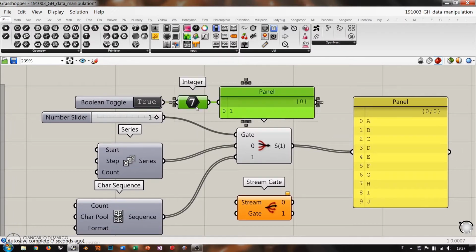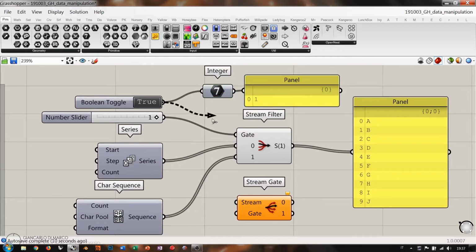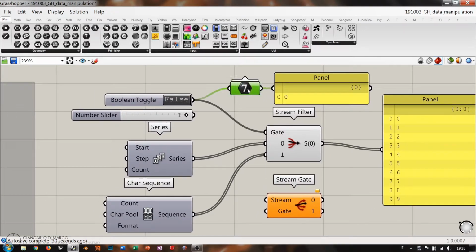So if I take this Boolean toggle and plug it into gate, you see that gate understands that when the Boolean toggle is set to true, it interprets this true as a 1 and picks the 1 stream. So we see the characters, and if I set it to false, we have the numbers. So when we are working only with two data streams as the input for the stream filter, you can name them 0 and 1. Then you can use a Boolean toggle. This is very important because